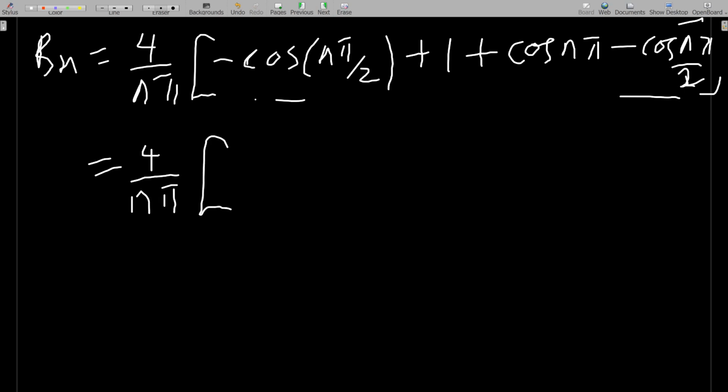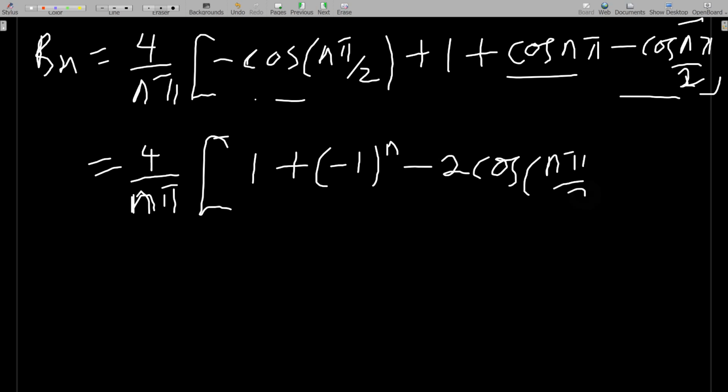The second part, I'll actually write the answer and then you do it yourself. Okay, this one is equal to, so I have this and I have 1 plus, I'm writing these two first. The cos of n pi, we said already that is minus 1 to the power n. Okay, that is one thing you should know as well. So these are all coming from trigonometric functions. And minus 2 cos of n pi over 2, because you have two of them minus cos of that. So this is actually our bn. So it means that our Fourier sine series f naught of x will be equal to